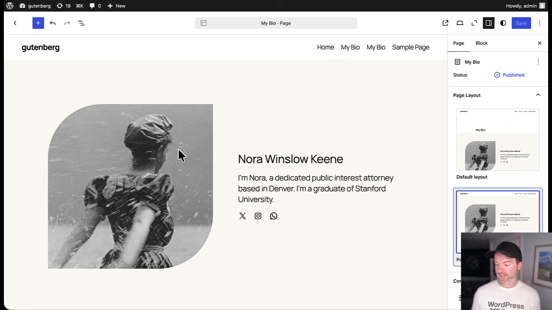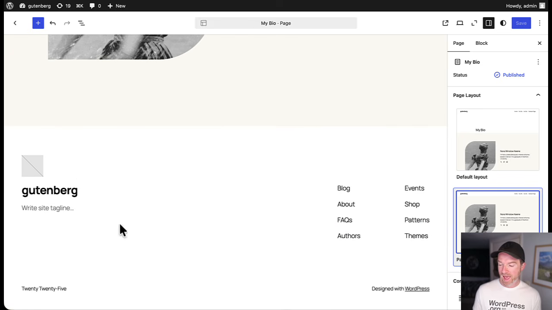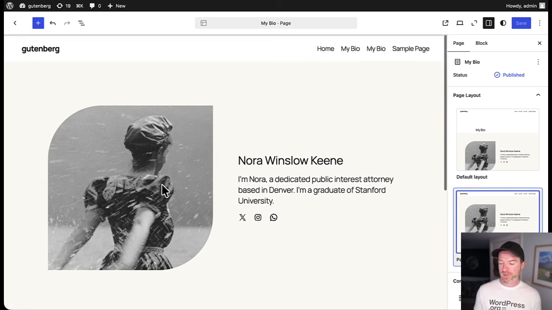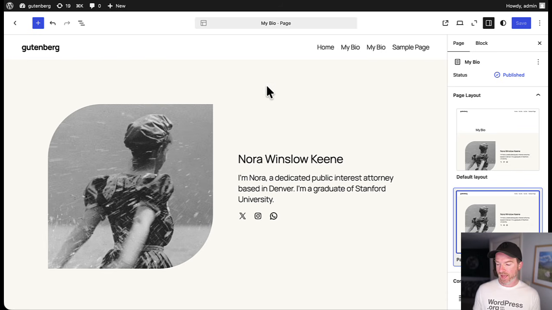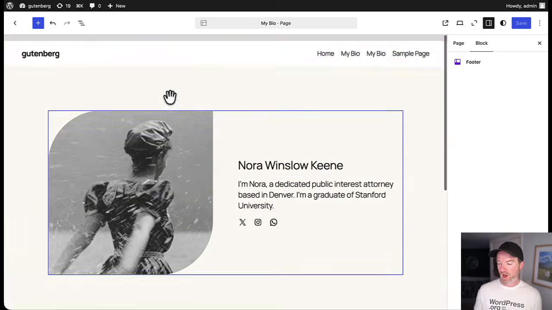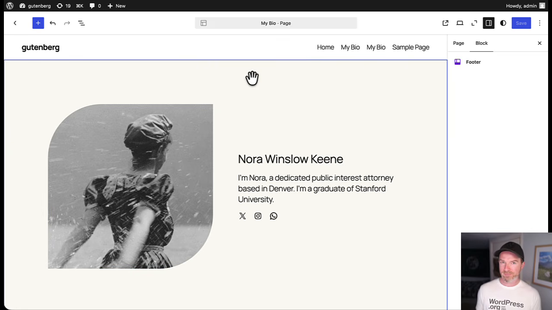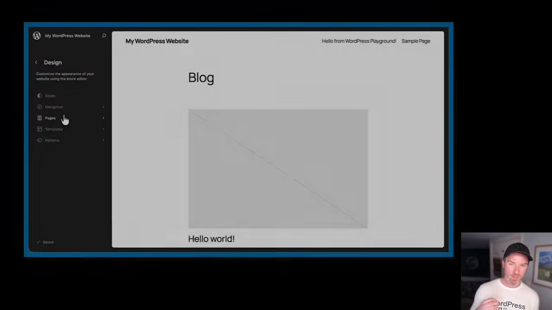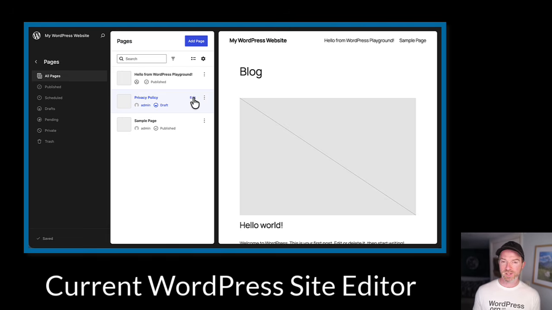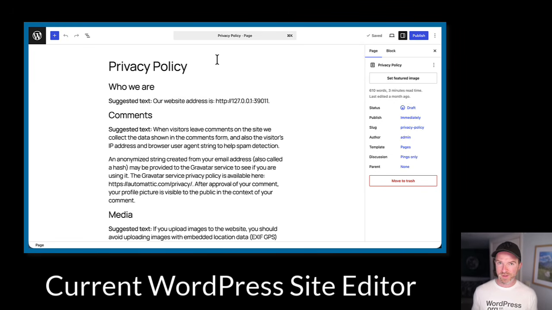Well, if we look at our editor here, we can see we have the header showing, the page content showing, and the footer showing. And the elements that are part of the template, for example, this header and the footer, are visible immediately. That might seem obvious, but in current WordPress, you don't see the header and footer by default, which provides quite a confusing experience because you're landing on a page and you're only able to edit the page content, but it's kind of out of context from the design of your wider site, which can be quite confusing